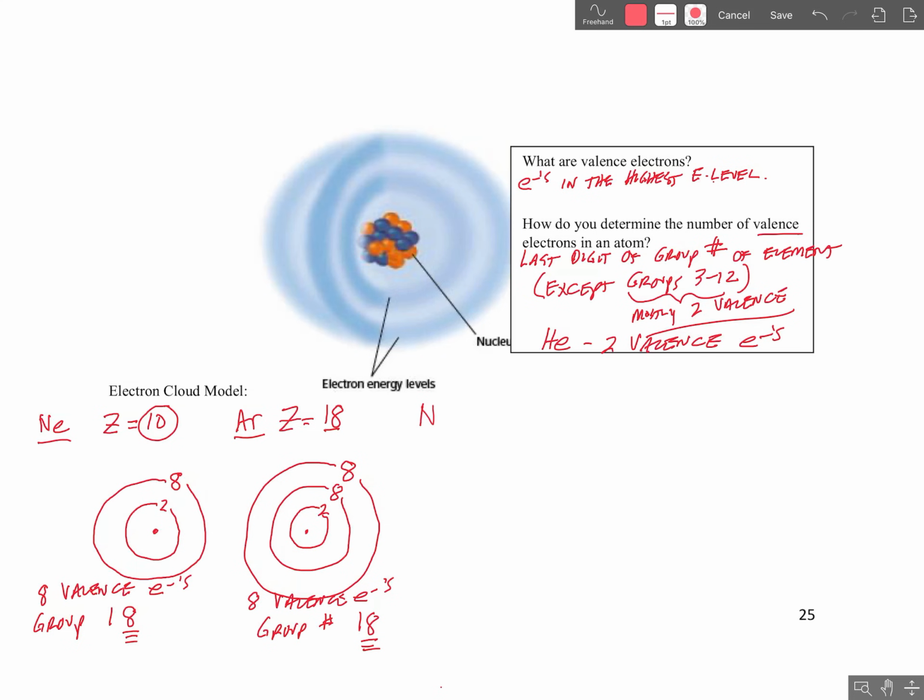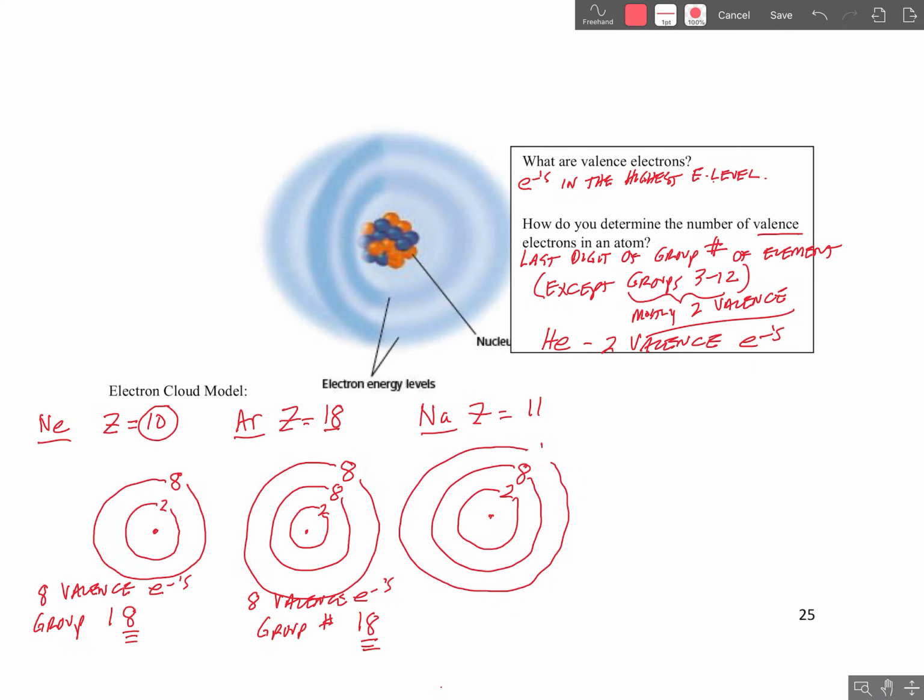Here, let's pick another one. Let's do sodium. All right, the atomic number for sodium is 11. So here's sodium's nucleus. In the first energy level, there can be 2 electrons. In the second energy level, we can have 8 more. That gives us a total of 10. So don't we have to have 1 in the third energy level? We do. So we'd say sodium has 1 valence electron. It's the electrons in the highest energy level. Sodium is in group number 1. Look, it worked again. The last digit of the group number can help you find the number of valence electrons